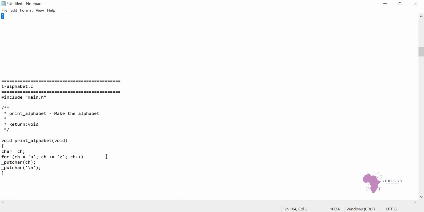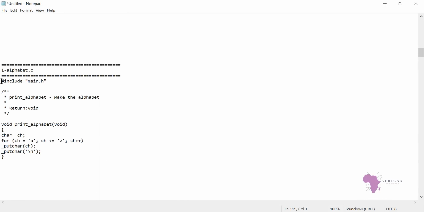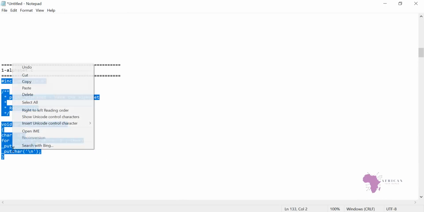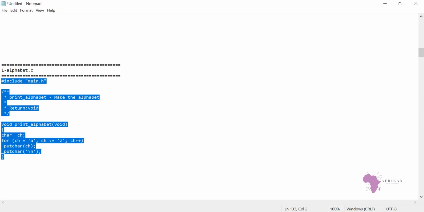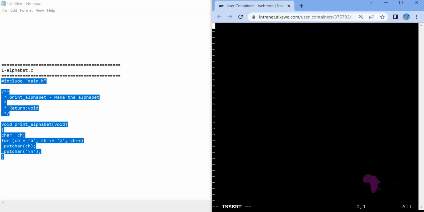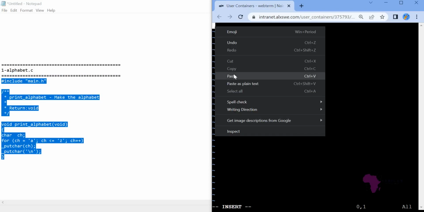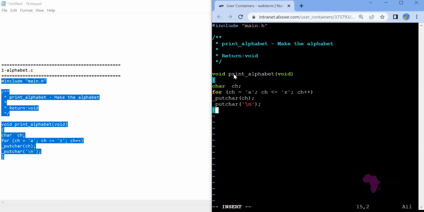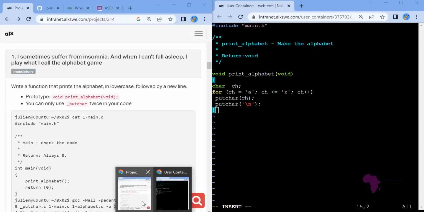So I explain to you so that it will not be a lot of work here. Copy this one, and then I click on copy, and then I'll come here, then here. Let me paste it here now. So after I paste that particular code, let me try to explain to you what each and every part of